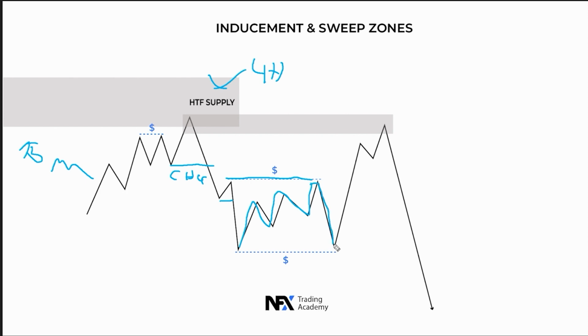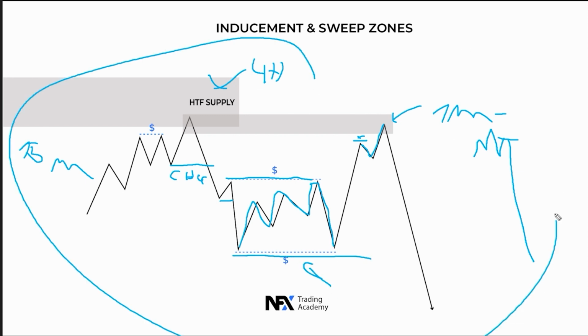It gives a change of character and also a break of structure, but then price starts to realign bullish, creating liquidity. Once you see it fail to break the low and head back up, you know this liquidity is being taken, so you wait for that, and then you wait for price to either create liquidity again before your POI. And here, if this is the 15-minute, you can watch the 1 minute time frame and take the entry again. You can see price first change of character, retest, stop loss above the high or even the supply zone, if you have space for that, if you can manage a bigger stop loss, and then you just target the next liquidity point, which is right here.